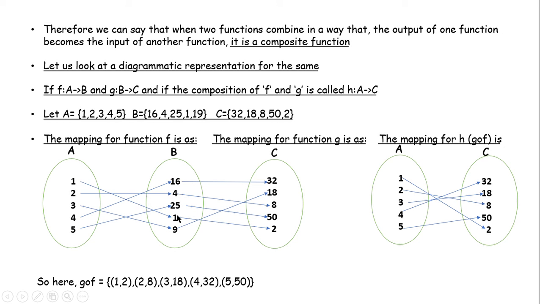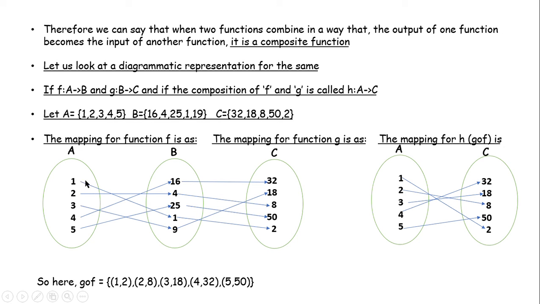This gives rise to a new mapping from the elements of set A to the elements of set C. That means elements of set A are assigned the values of elements of set C, or in other words, A is the domain and C becomes the co-domain, and hence this gives rise to a new function which is known as g of f, or (g∘f)(x). If g∘f is denoted by h, then I can clearly see diagrammatically that 1 is assigned the value 2.